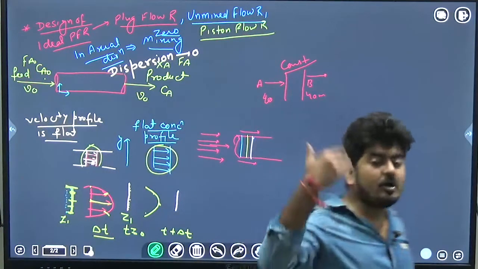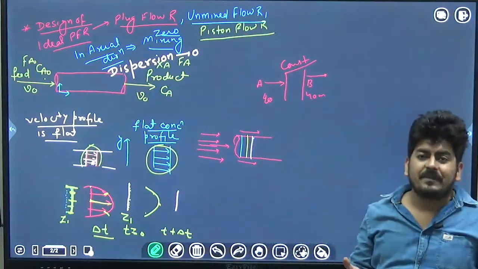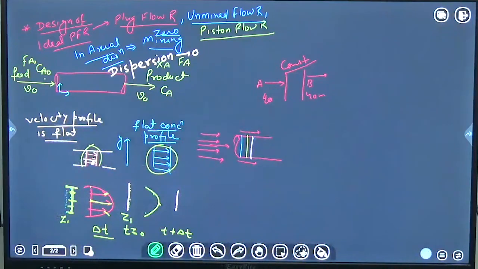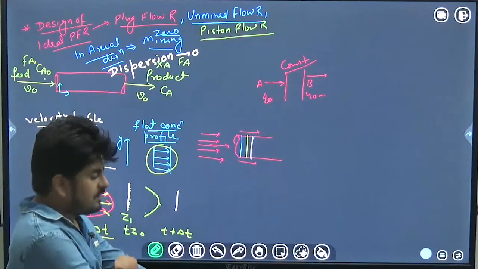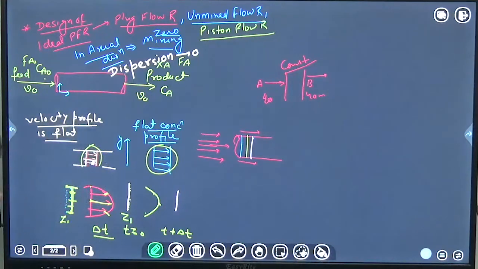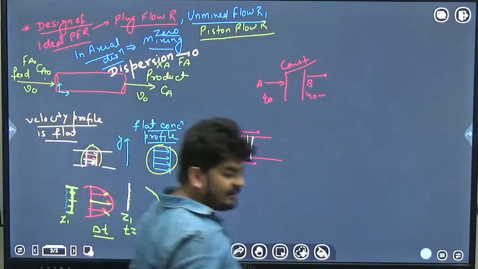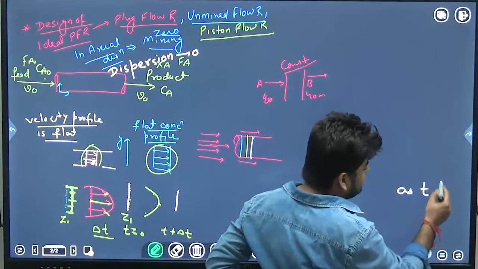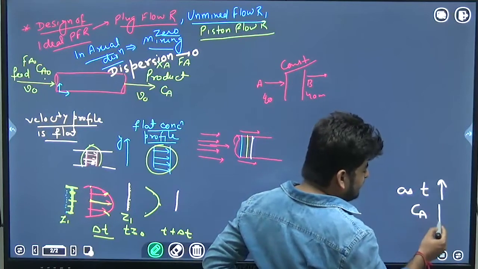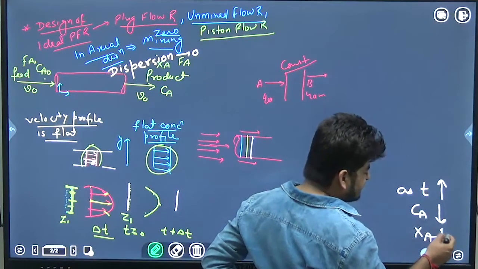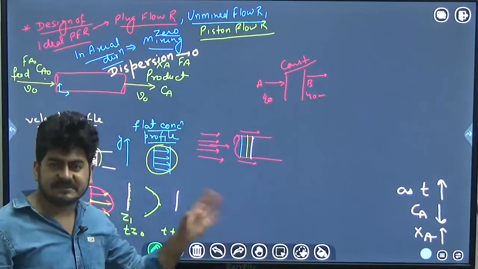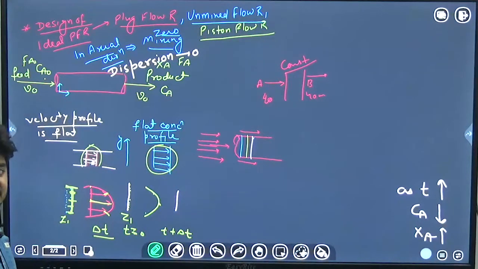Now, one more thing. What is time? We know that time means distance over speed. Okay. And we know one thing, in case of chemical reactions, as reaction time increases, concentration of A decreases, conversion of A increases. That is common sense. We know that. That is a very basic thing. What is time? Time is distance over speed. Now let's consider one more thing here.